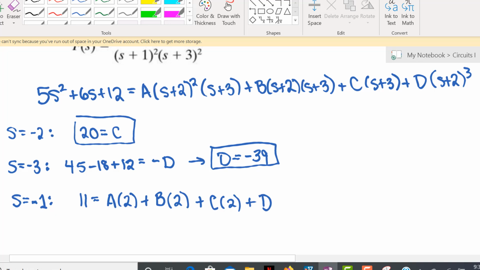I still get 1. Okay, so simplifying, a and b are my unknowns, so I have 2a plus 2b